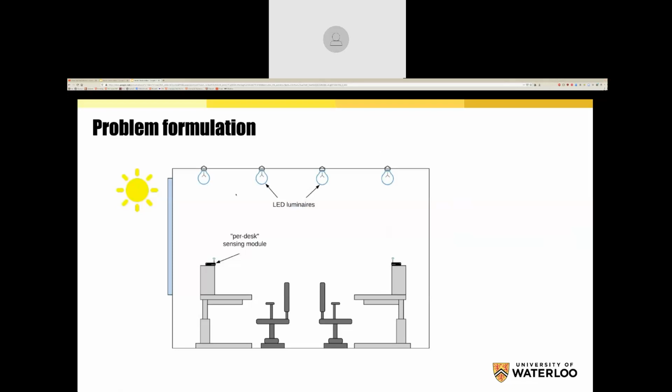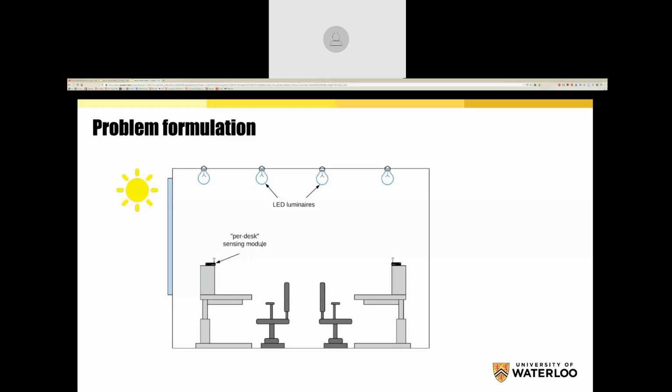In fact, you can drop it in, and they have inside them a Zigbee control module, and they can be controlled using software. And so what we want is to then measure the amount of light available on each desktop using the sensing module. And the sensing module reports to some controller, which I'll show you in a bit. And the controller says, oh, this is how much light there is present over here. It's overlit. Let me dim some lights. Now, of course, should I dim this light or this light or this light?